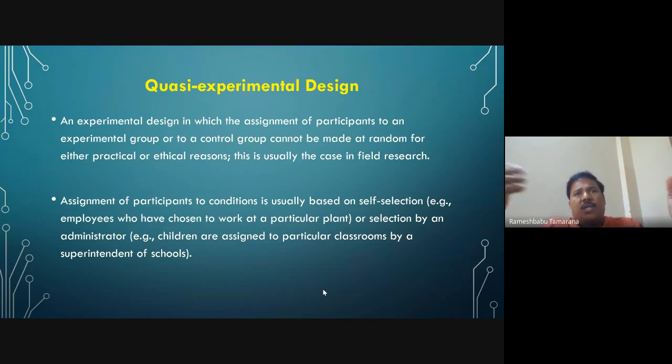For some reason you are not able to randomly select people into two groups. There could be other reasons, especially when you do a survey; you may not be able to randomize unless you do an experimental study. And also,